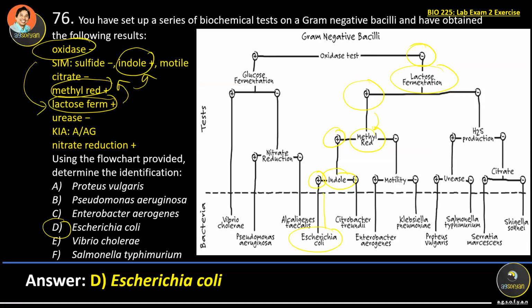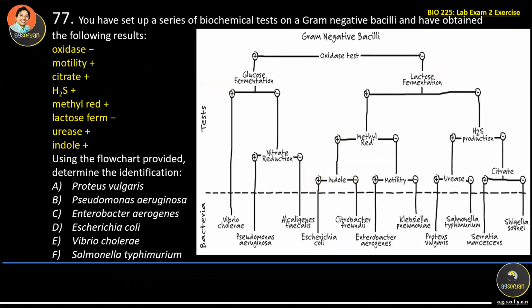Okay, next. Another example. Make sure you know how to do it. It's oxidase negative, so going here. After that is lactose fermentation. Look for the lactose. Oh, it's negative. So go to negative this way. And then under negative, you see the hydrogen sulfide production. Look for the hydrogen sulfide, it says positive. So going here, going here,